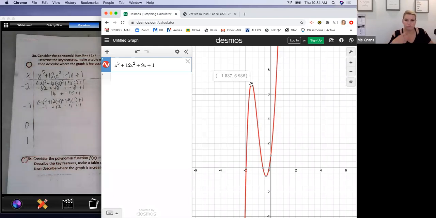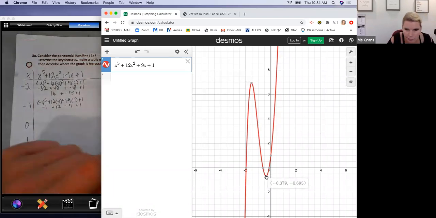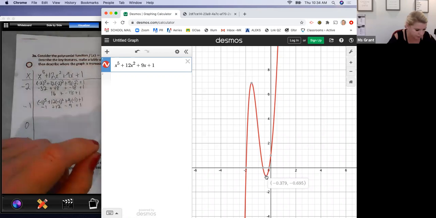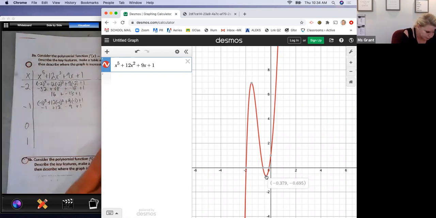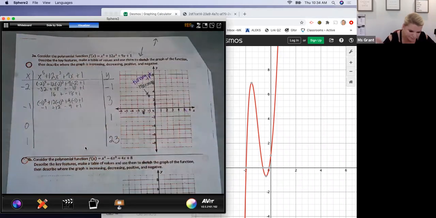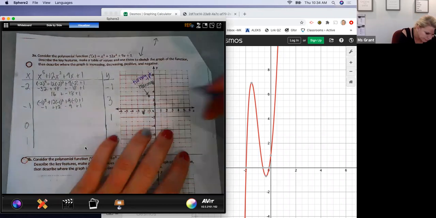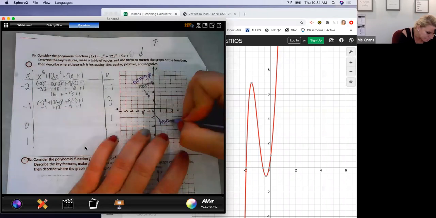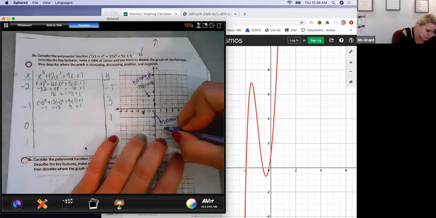Also, look, you guys, it goes down right here and I didn't even know that. That's my minimum. It's like negative 0.3, negative 0.7. Anyways, it's like a point right there. This right here is my minimum, my lowest point, and it's also a turning point